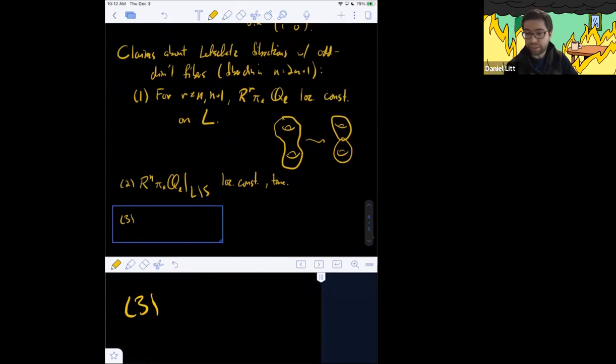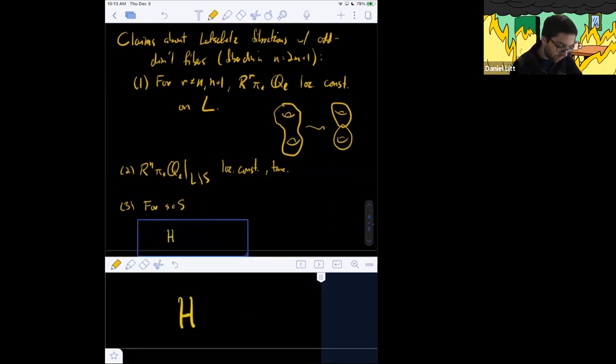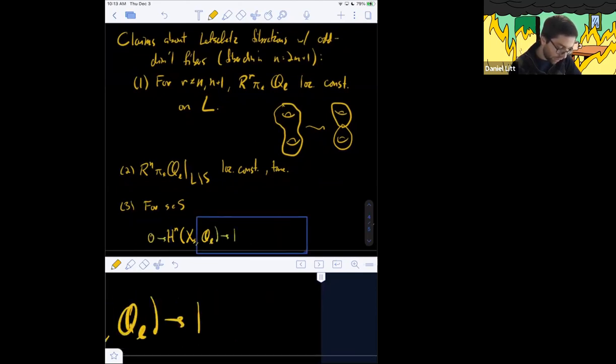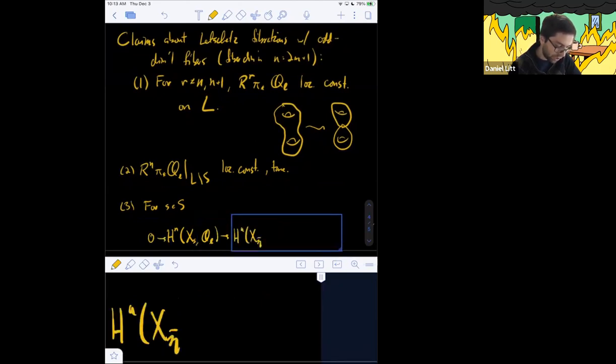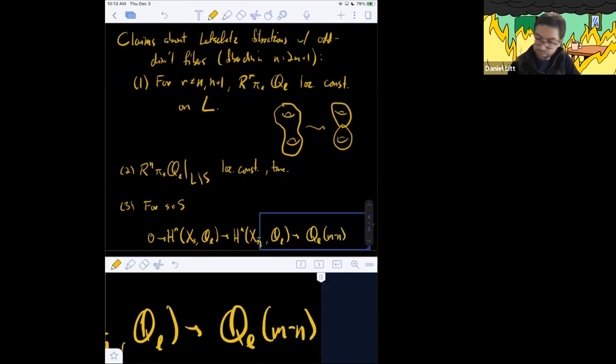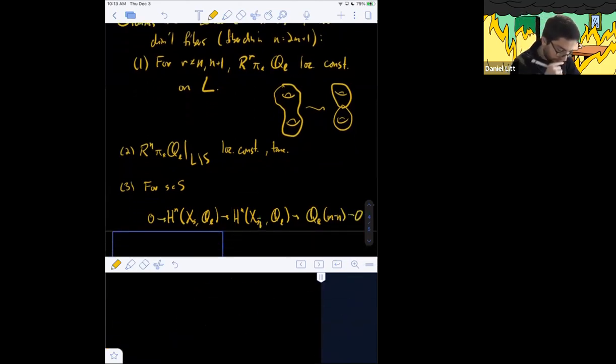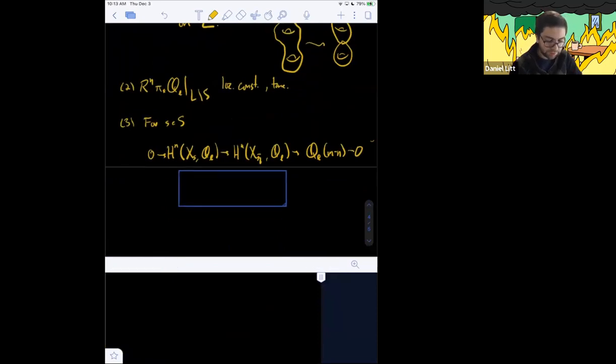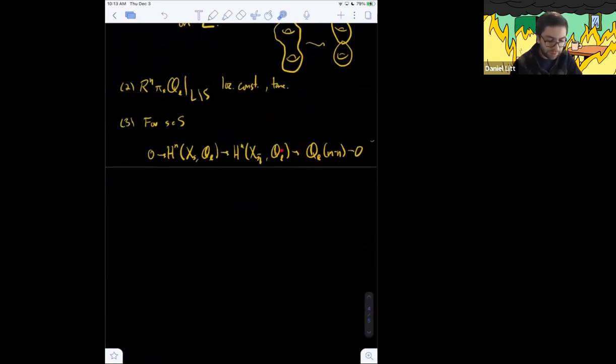So let's talk about the vanishing cycles now. For s in S, there's this co-specialization map from H^n of X_s, QL to H^n of the geometric generic fiber, QL, and the co-kernel is going to be given by QL of m minus n to 0. This map here you should think of as,